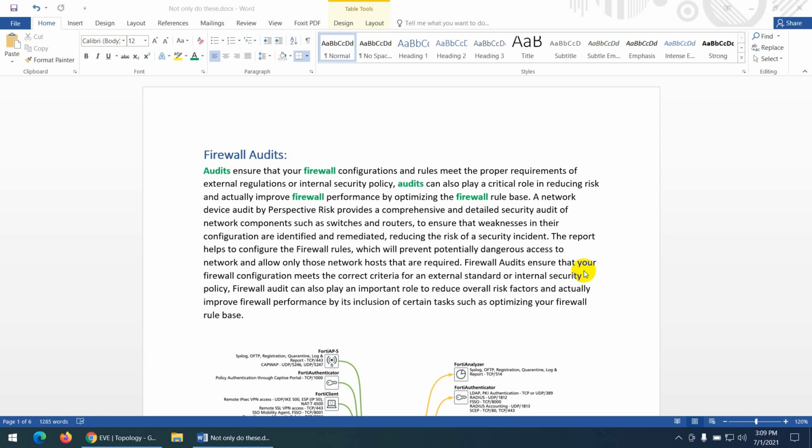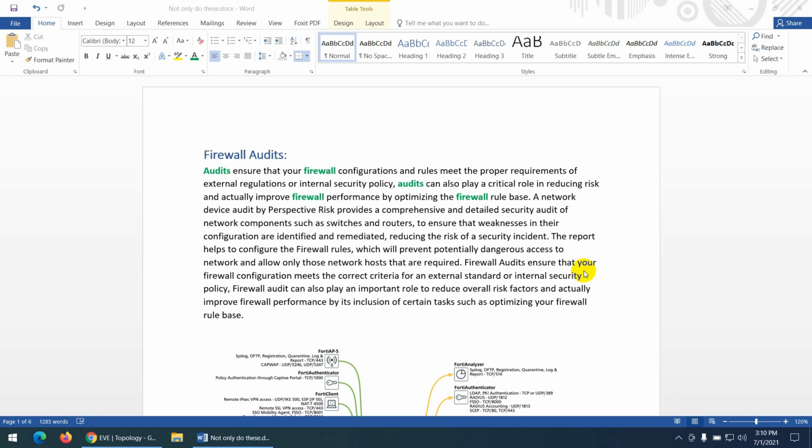Because when you configure a firewall, you may miss something. Maybe you forgot something which is critical, and anybody can use that to access your network. So your firewall is good for nothing, because you are using the firewall to protect your network. But if your firewall itself is not protected, what will you do? So a hacker can access your firewall and they can bypass your rules if you create weak rules. So that's why audit is very, very important.